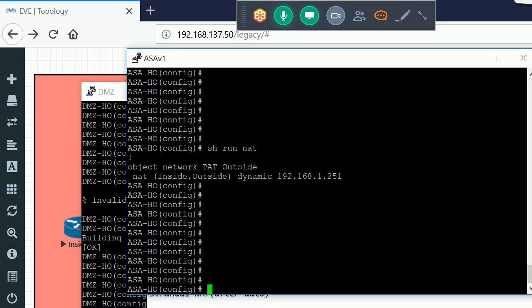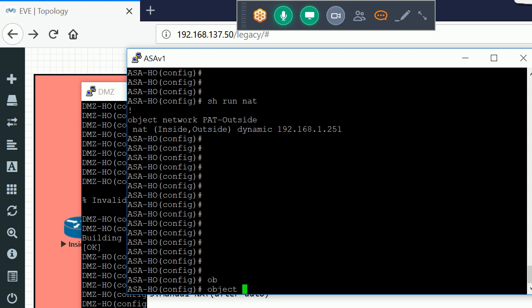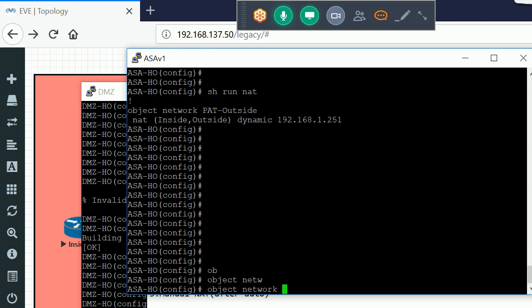So how can we configure static NAT? We just go to object network. I'll give the name DMZ server net.